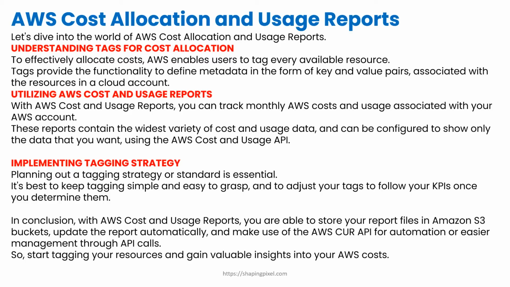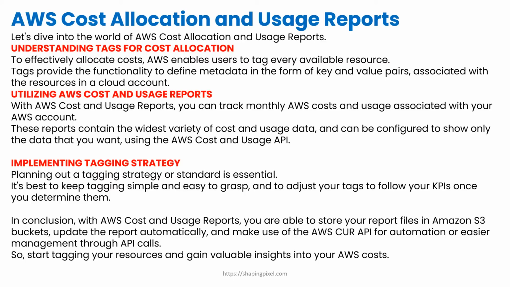AWS cost allocation and usage reports. Let's dive into the world of AWS cost allocation and usage reports. To effectively allocate cost, AWS enables users to tag every available resource. Tags provide the functionality to define metadata in the form of key and value pairs associated with the resources in